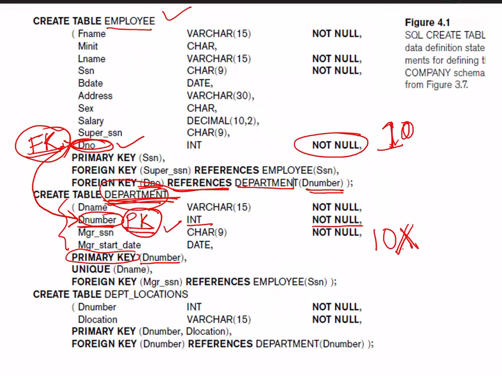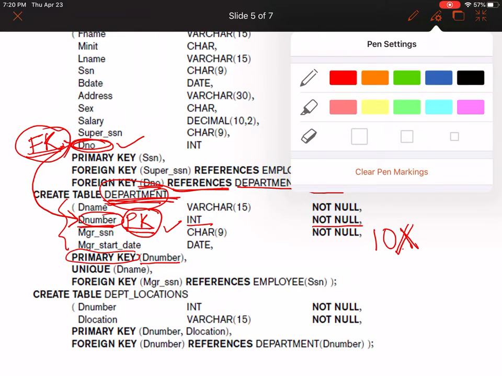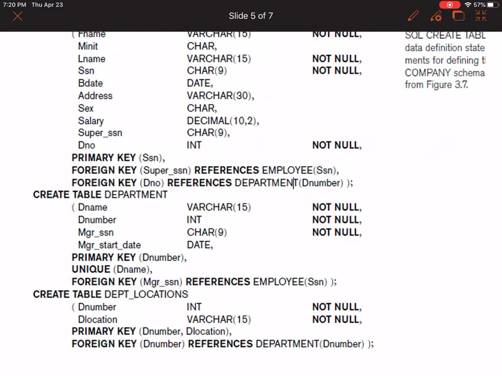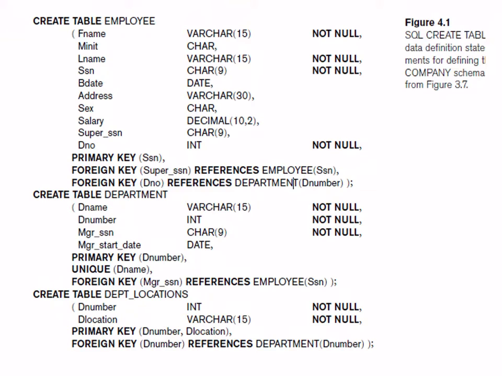Try and imagine this same situation in our college, wherein I'm talking about the employee table, and while entering the various data for the various tables, I mention that under the D number column he is working in department number 10.